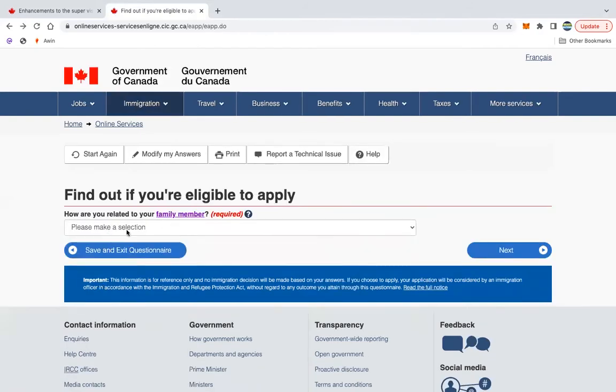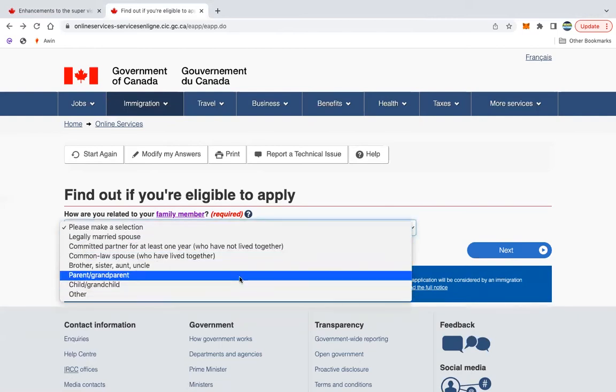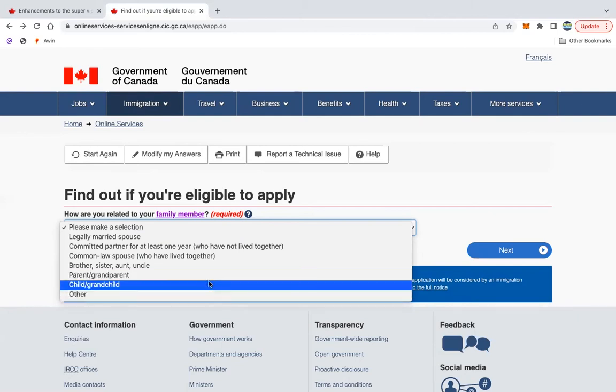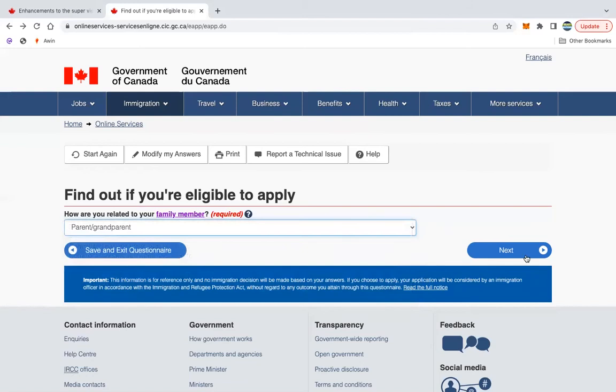So how are you related to your family member? So here, because I am the one doing this application as a parent, I'm going to choose parent and grandparent. But if you are the one filling out for your parent, then you're going to be choosing child and grandchild, right? Because you're filling this application for them. But for this demo, I'm doing this demo as a parent who is able to do this application for themselves. So the relationship with the family member is that I am the family member's parent or grandparent. So next,